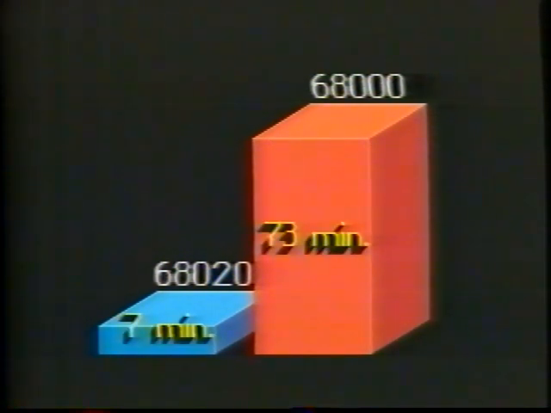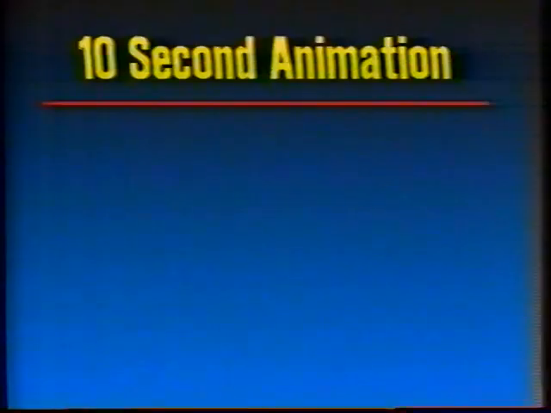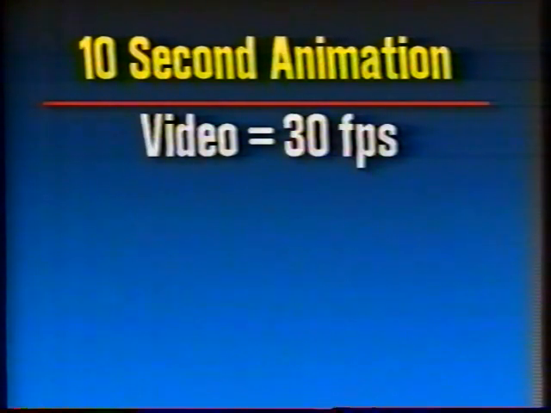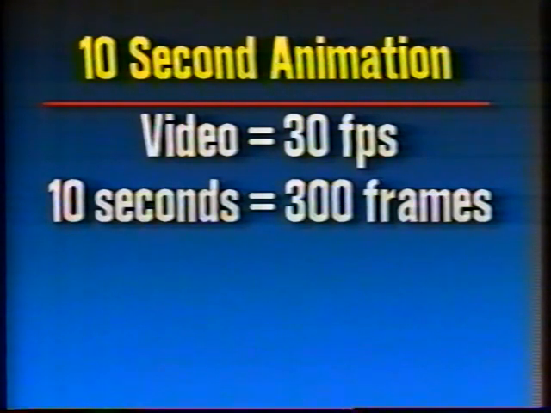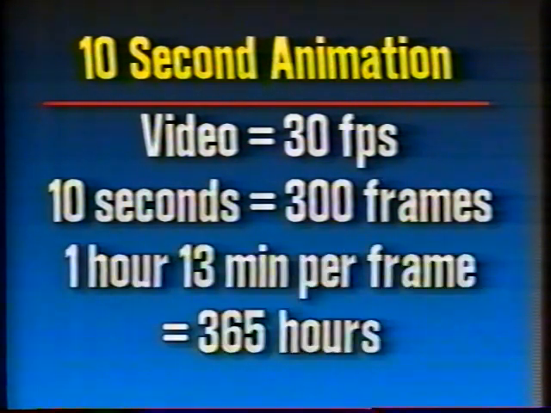Consider this. An object that takes 7 minutes and 4 seconds to render on a machine with a 16 MHz 68020 board, one of the slower of today's accelerator boards, takes 1 hour and 13 minutes on a stock 2000. Now consider this. Let's say that you're going to create a simple 10-second animation. Since video uses 30 frames for a finished second, your 10-second animation would contain 300 frames. Now at 1 hour and 13 minutes per frame, that's 365 hours in rendering time, more than 15 days that